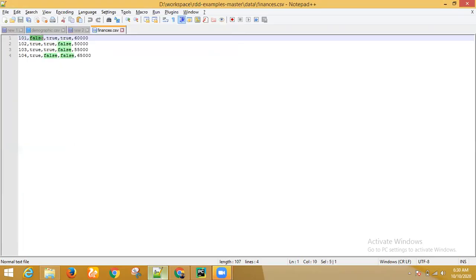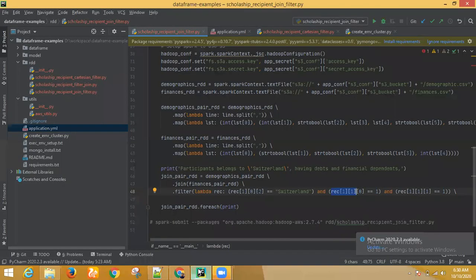I'm just tracking these two, has debt equal to true and has financial dependence equal to true. These two indexes I'm accessing here. So in our RDD, this entire part is the value part. From that value part, I'm accessing the 0 and 1 index.